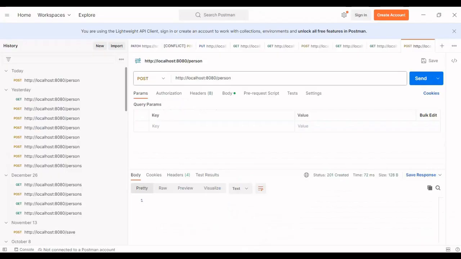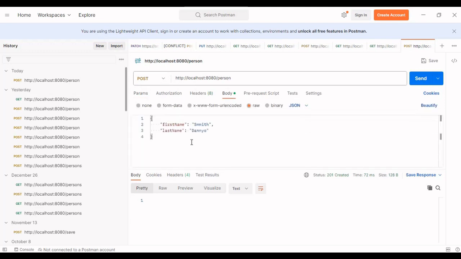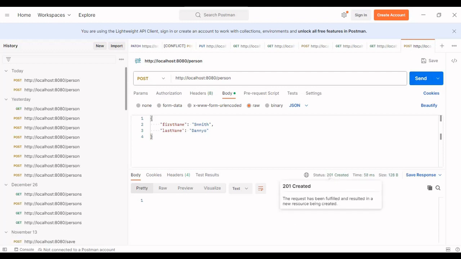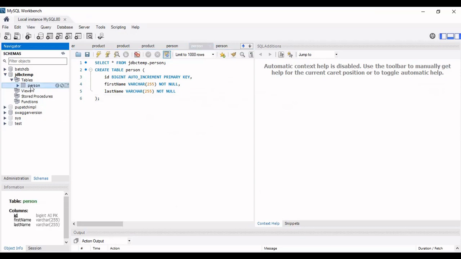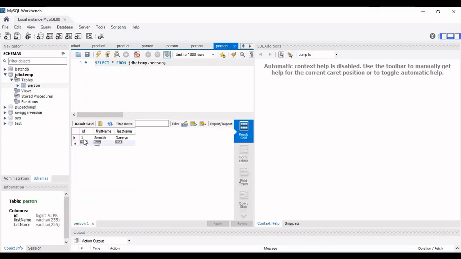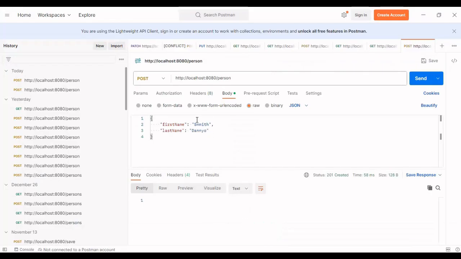To test the application, let's go on Postman and hit a post call of /person. And we have a body with the first name as Smith and the last name as Daniel. You can put any name. I've just taken a vague example here. So let me hit this request. So it says 201 created, right? So let's go to the MySQL workbench and try to fetch the data from the database first. So yes, you can see that the ID is one, the first name is Smith and the last name is Daniel. And let's put some more data here,